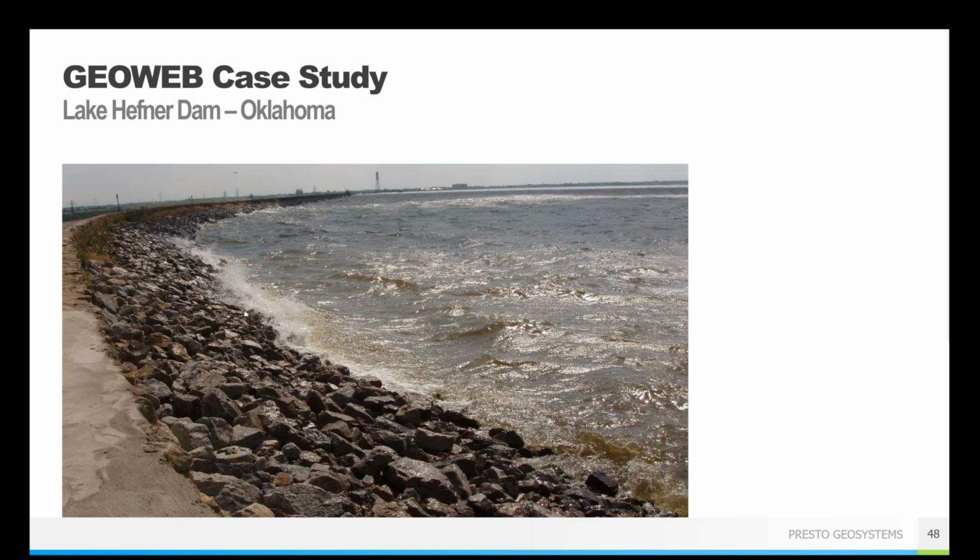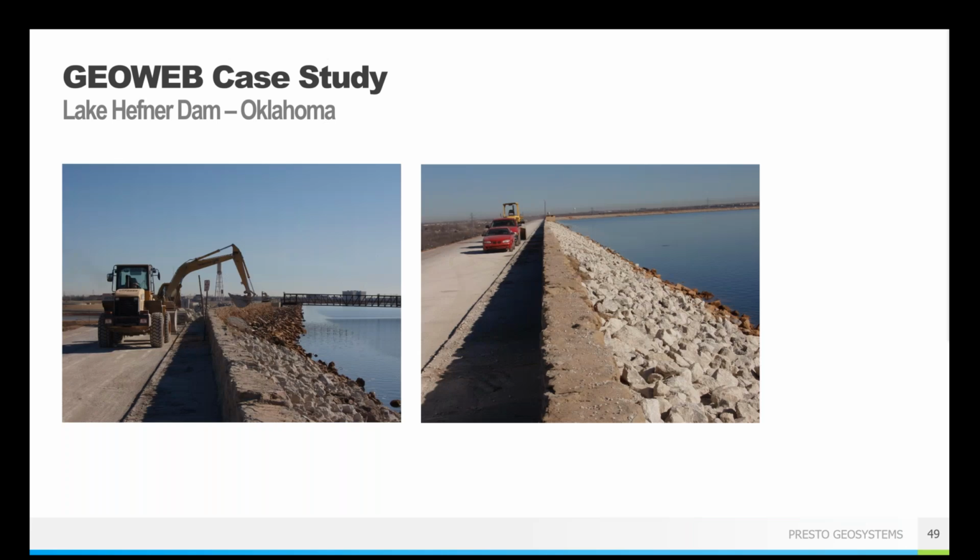And so they decided not to put the GeoWeb on the wet side because they were very concerned about the wave action and all of that. And so they went with their traditional solution of very large riprap stones. Totally acceptable. We understand it. Sometimes when you're dealing with regulatory bodies, they want the tried and true method. And if you need a solution fast, you don't necessarily have the time to walk through some new solutions with everybody. So they replaced all of the riprap on the wet side and then needed to work on the dry side. So like I said, put in new riprap.